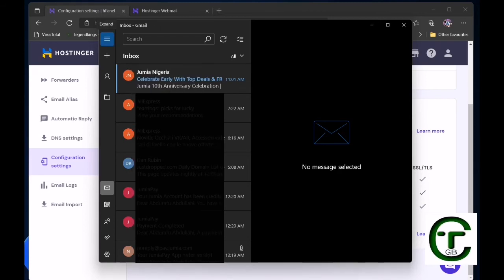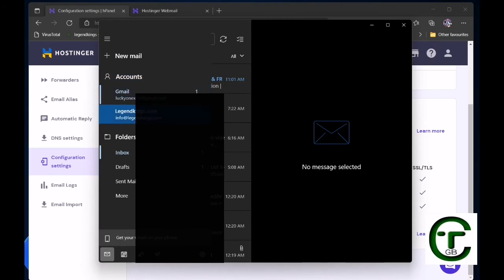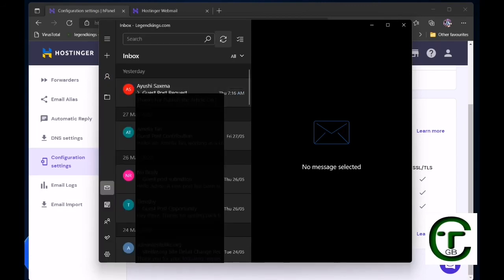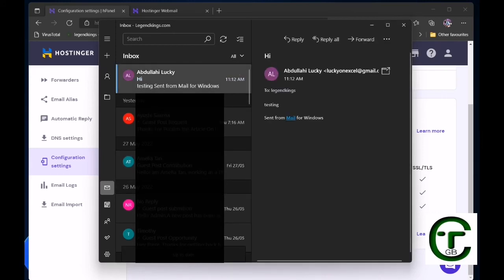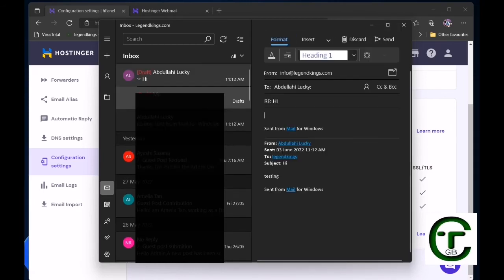I'm sorry guys, I'm supposed to automatically receive this email, but I have turned on focus mode on my PC, so it just blocks any notification that is coming in. As you can see, I've synchronized my website email address, and the message I just sent from my Gmail just arrived. So I'm going to be sending back a reply to see if I will be able to receive